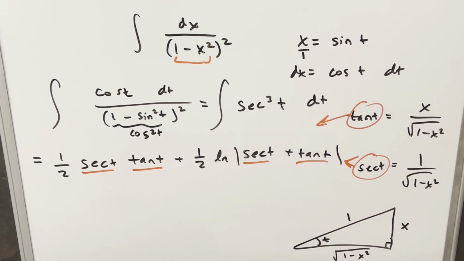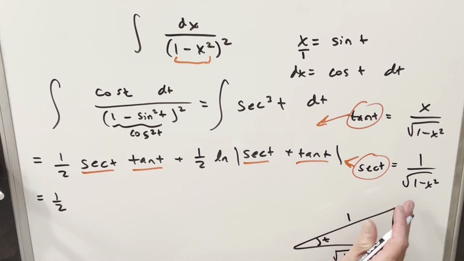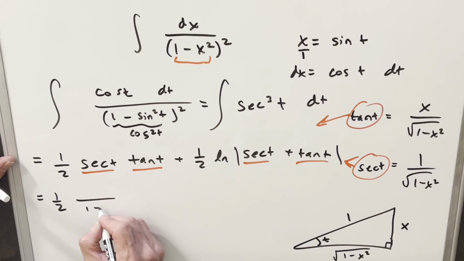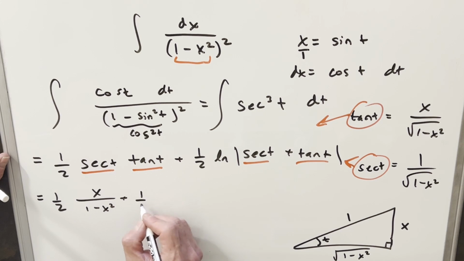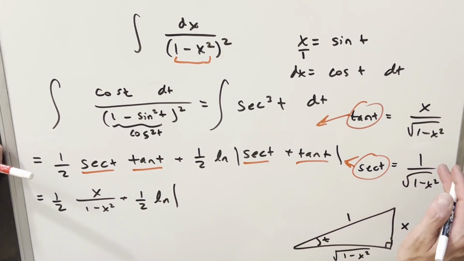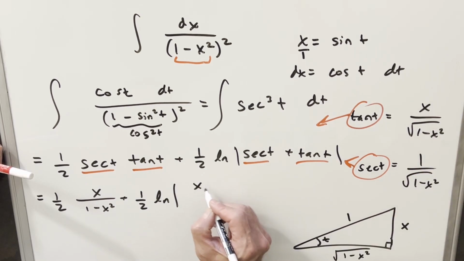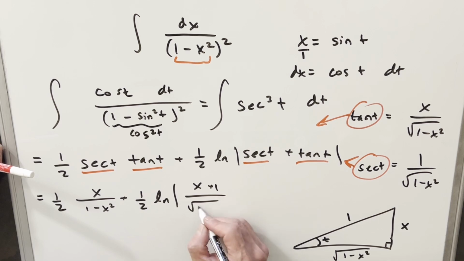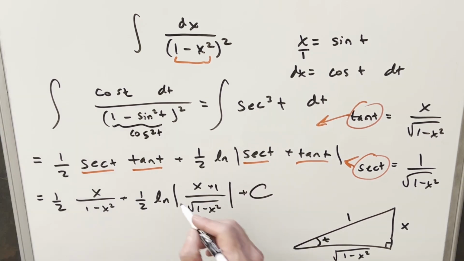So we'll do that. Now here we're going to have my 1/2. When I multiply secant t times tan t, we're going to have the square root of 1 minus x squared, but it's squared. So in our denominator, we're going to have just 1 minus x squared. And then 1 times x is going to give me an x here. And then inside the natural log, we're going to be adding these things. We have the same denominator, so in the numerator, we'll just add the numerators. We're going to have (x plus 1) over the square root of 1 minus x squared, absolute value, plus c. So I'm circling it,